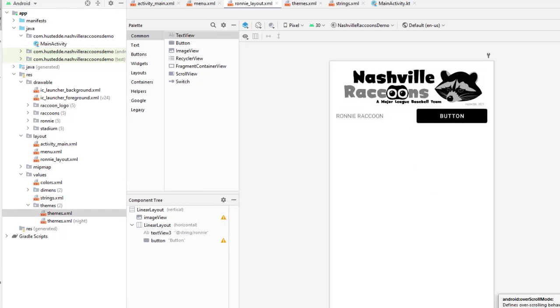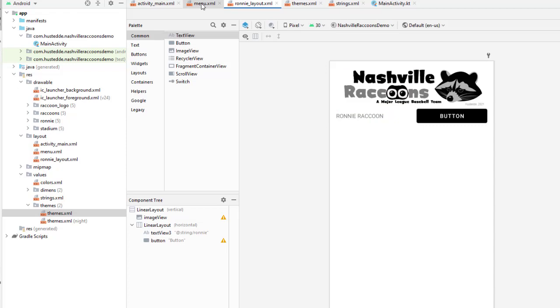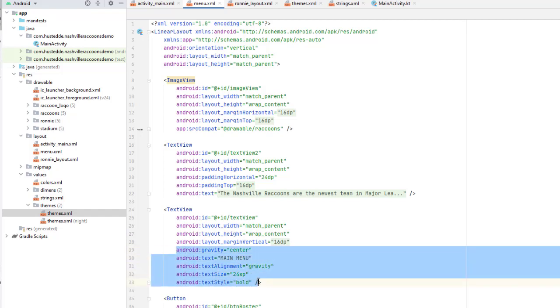Now in the previous, we had a text title on the page that said main menu, and we'd set some attributes of that. So I'm just going to go to the menu.xml file, and I'm going to copy the code to center it, set the text to 24 SP, and make it bold. There's a text in here. I want to get rid of that because I want this to be different text. So I'll come back here to Ronnie layout,